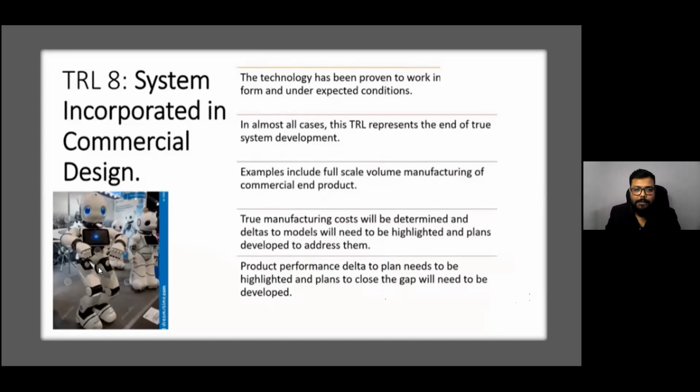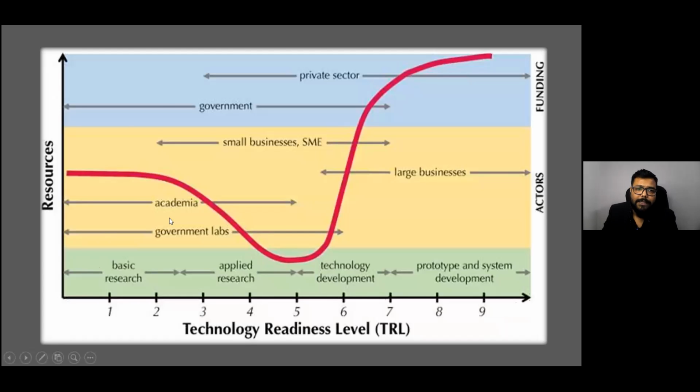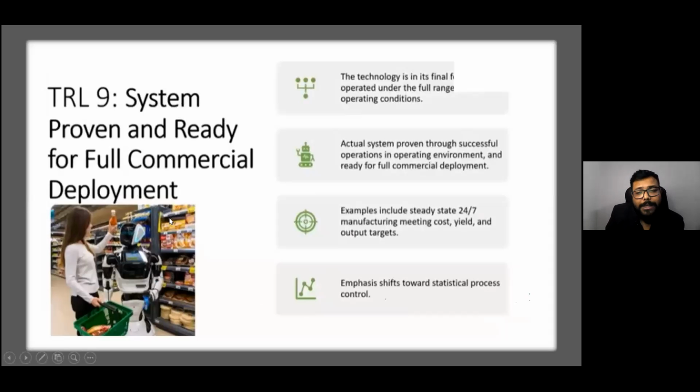And the last one, you can see in the last slide, TRL 9, proven and ready for full commercial deployment. So it's already proven, it's working fine. Maybe you can see this robot is in the shopping mall, right? That robot can help you to shop in that shopping mall. So it's already working and it's ready to commercialize. Now if you are manufacturing that robot, then you can sell to other customers as well. Okay,